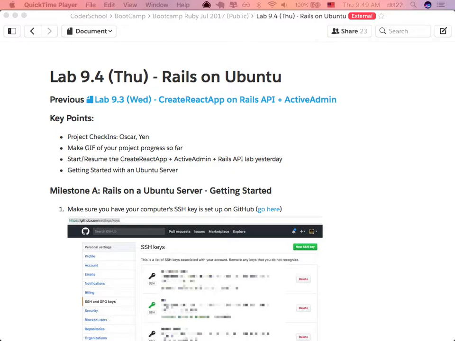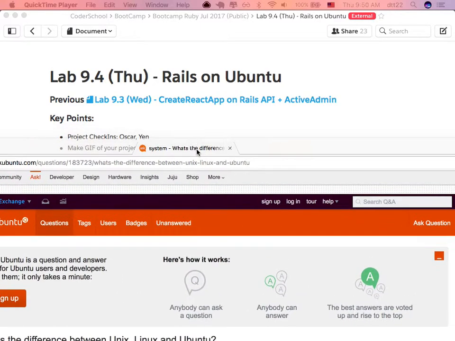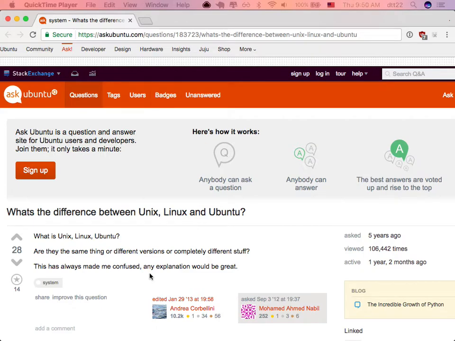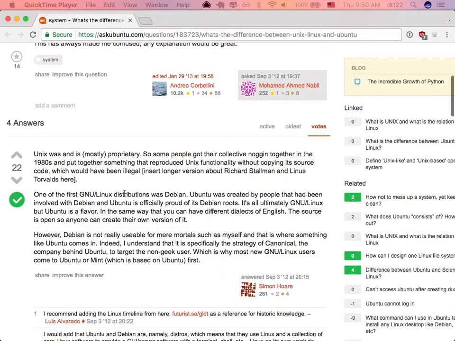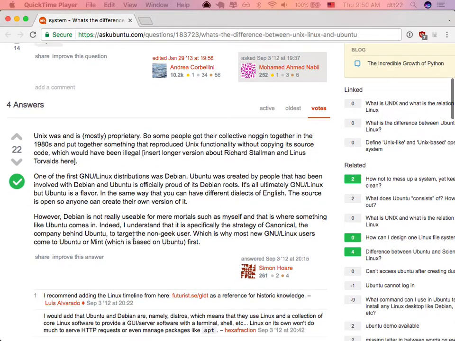I think this makes a very good background reading. So I should link it here. Ubuntu is part of the Debian family of Linux distributions. Just Ubuntu has become the most popular. It's just really beautiful, powerful to learn.